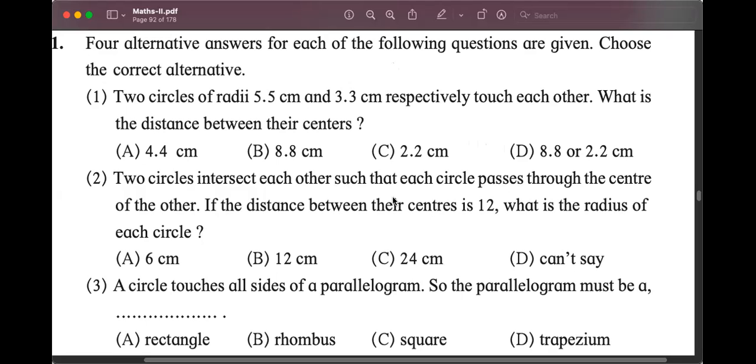Chand is saying because it is telling their centers. No. Arey Baba. There is a place called Mumbai. There is a place called Pune. So the distance between Mumbai and Pune, is it 1 distance or 2 distances? There is a place called home. There is a place called school. The distance between school and home, is it one distance or two distances? So now we have two circles. One has a center, another one has another center. So there are two centers. So should it be one distance or two?